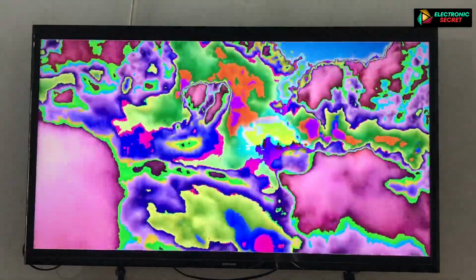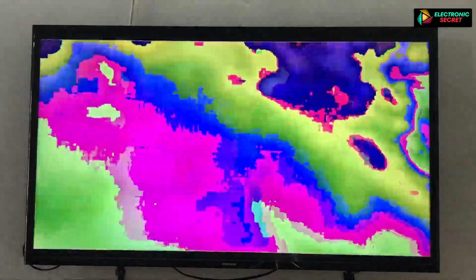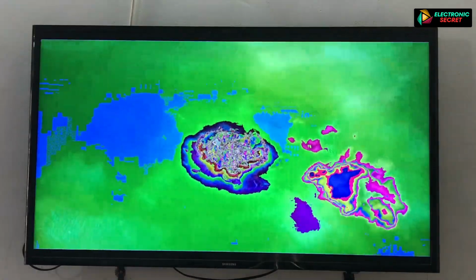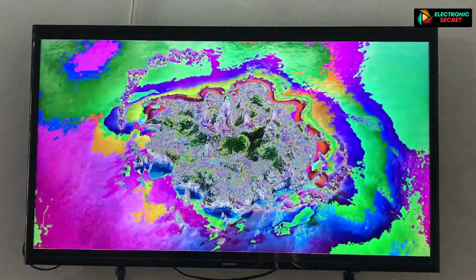Hi guys, in this video I'm going to show you how to fix ghost image on a Samsung TV. If your TV shows an image like this, then it is called a ghost image, and this problem can be fixed